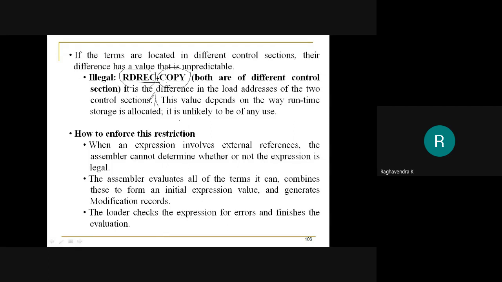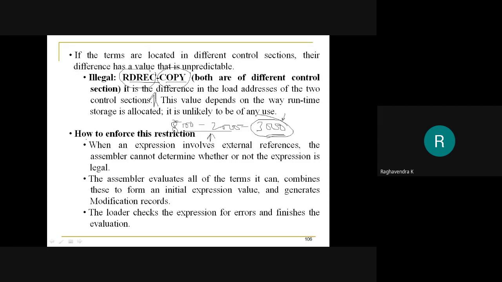Because if read record is loaded at 5000 and copy is loaded at 2000, something like this, the result is 3000. But assume that read record gets loaded next time at 8000. Now I'm getting a different value. I cannot bank on this particular expression because it is made up of relative terms, which is not giving me an absolute value.